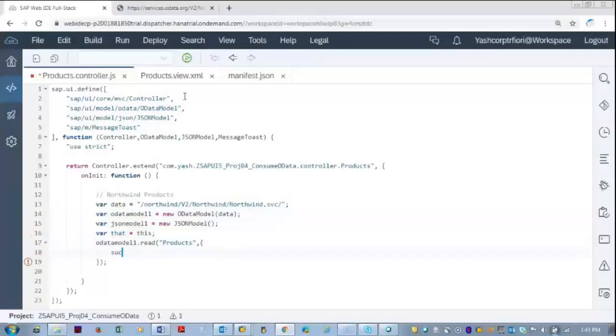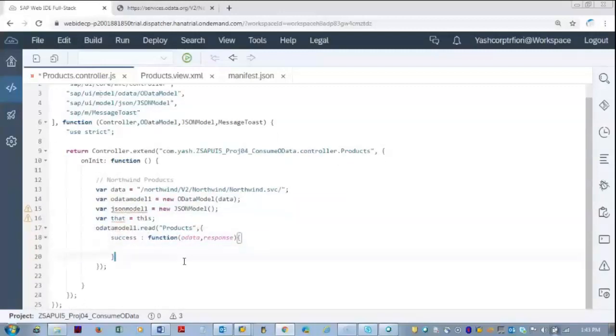One is the success function, which takes two variables, OData and response. Those are customized, not standard variables. Any variable x comma y you can also take, which stores the values of the data coming from the OData services properties. Let us have an error message, because if the service fails, we can show that there is a problem, whatever the system is returning from the backend.